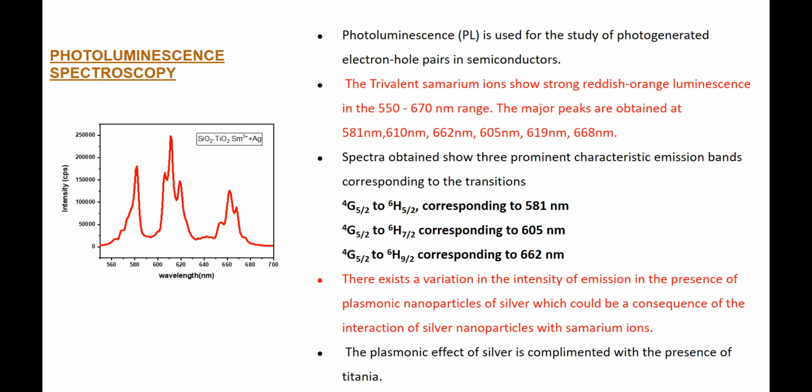And the spectra show three prominent characteristic emission bands, that is 4G5/2 to 6H5/2, corresponding to 581 nanometer, 4G5/2 to 6H7/2, corresponding to 605 nanometer, and 4G5/2 to 6H9/2, corresponding to 662 nanometer. There exists a variation in the intensity of the emission in the presence of plasmonic nanoparticles of